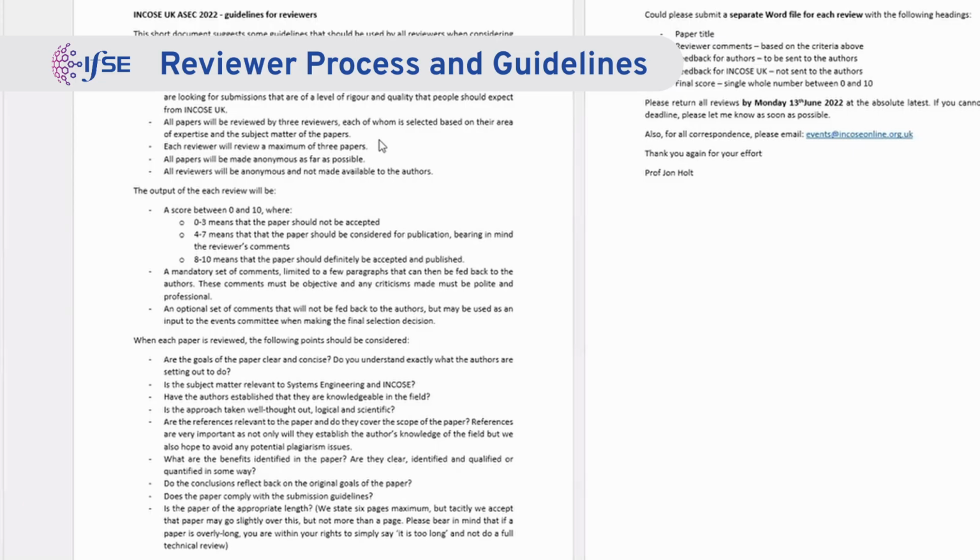You also have to bear in mind that the reviewers themselves are anonymous, and the reviewers aren't made available to the authors. Even in the very rare occasions when we have people come back and complain about the reviews or say that they want things, you still won't know who the reviewers are. Okay, each review is scored between 0 and 10. If the average review, and I stress the average because bear in mind there's 3 scores for each one, comes out between 0 and 3, it will not be published. It's as simple as that.